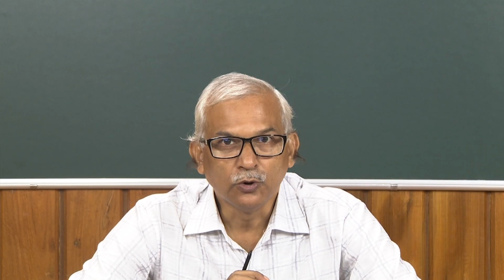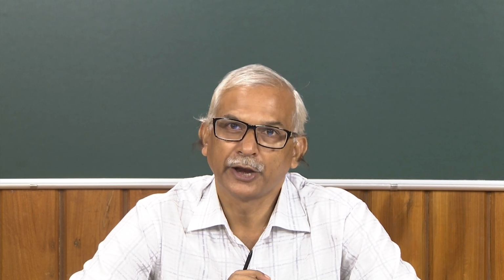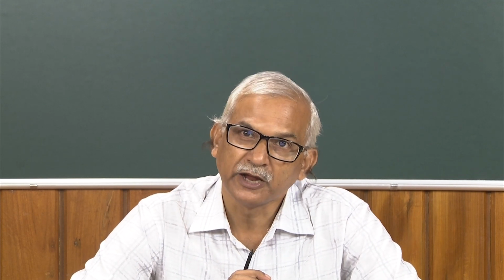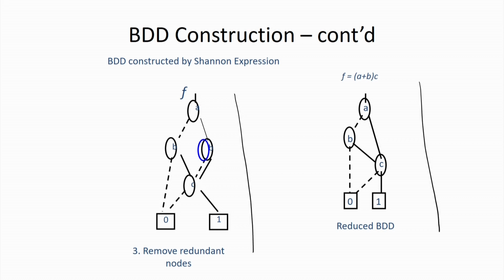My answer is no, because it depends on some other criteria also. We will see that criteria, what is that particular other criteria. But anyway, whatever we have achieved, it is the reduced BDD, because we cannot further reduce it. That means we cannot further apply the rules of removal of redundant nodes and merge of duplicate nodes. So, this is the reduced BDD, and for both the approaches we have achieved the same structure, the same BDD.